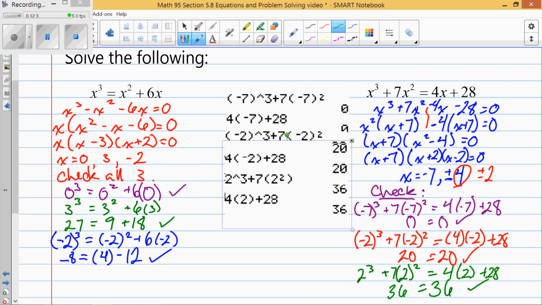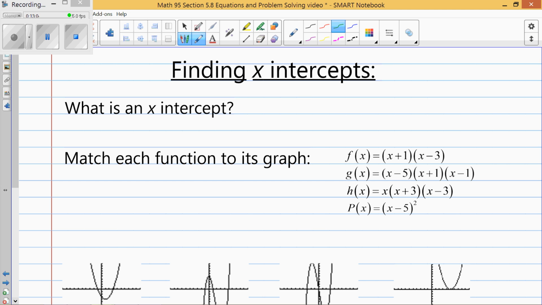Before we do any more math, I want to talk about what the graphs of these will look like. We've graphed a quadratic, we've solved a quadratic, and we've solved a cubic. And we've seen that with a second degree polynomial we get out 2 roots, 2 zeros. And with a third degree polynomial we get out 3 roots, or 3 zeros. 3 solutions to the equation. So when I look at my graph of these functions,